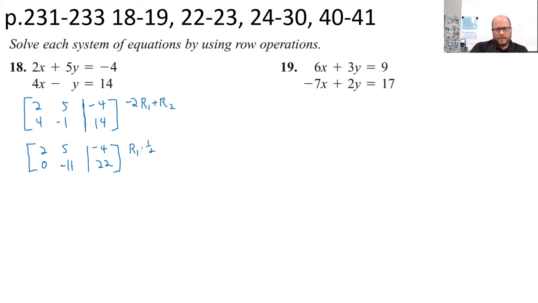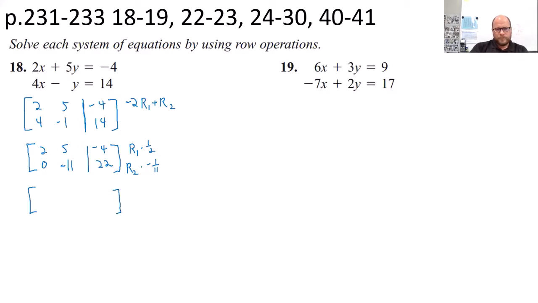In order to make the 11 a 1, that's a -11. So we're going to multiply by the reciprocal of that, which is -1/11. So row 2, and multiply by -1/11. And I'm just going to do these both in the same step just to save a little bit of time. So rewriting this,